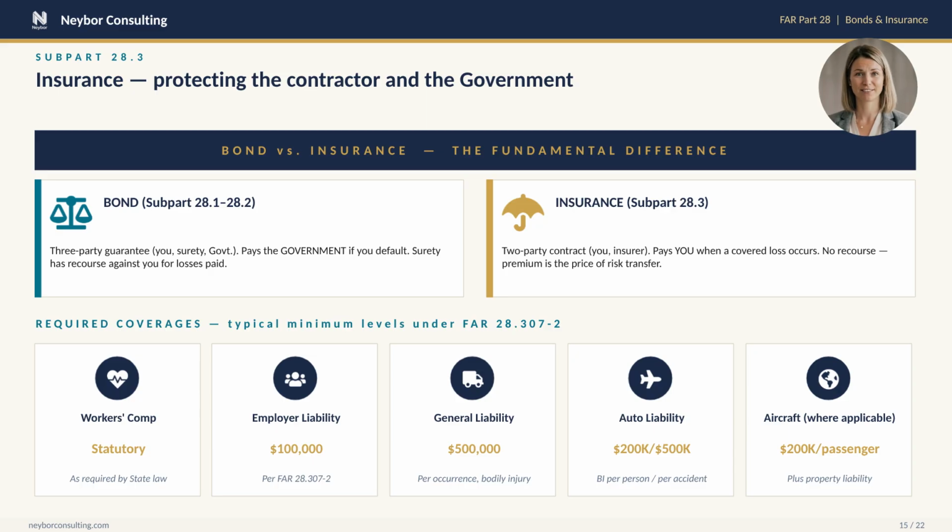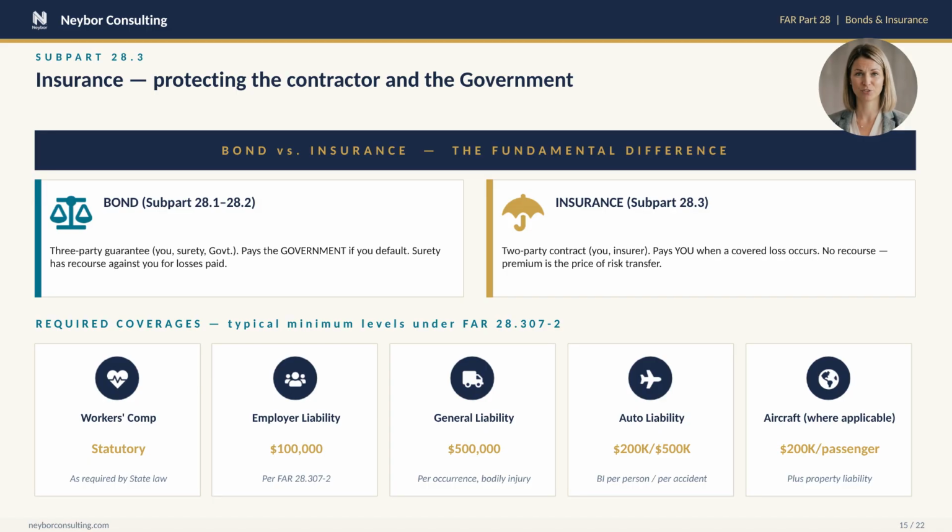Insurance is fundamentally different. It is a 2-party contract between you and your insurer. When a covered event happens, a workplace injury, a fender bender on a job site, property damage, the insurer pays out under the policy. There is no recourse against you. The premium is the price of transferring that risk. Below, you can see the typical minimum coverages required under